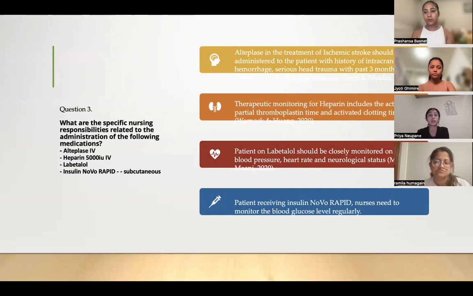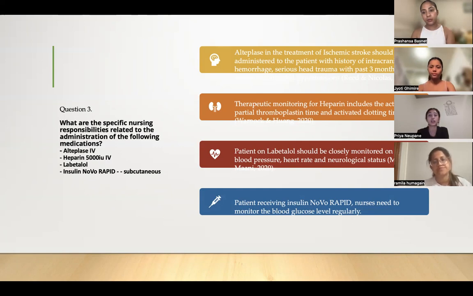Insulin NovoRapid IV. For patients receiving this medication, nurses need to monitor the blood glucose level regularly. Nurses should monitor for any sign of hypoglycemia or hyperglycemia and adjust the doses of the medication accordingly. Monitor BGL for 2 hours after removing the infusion, then at the standard ward time as ordered by the medical